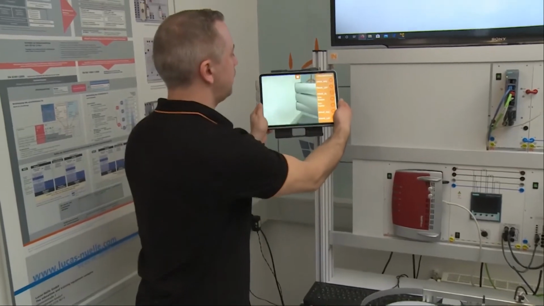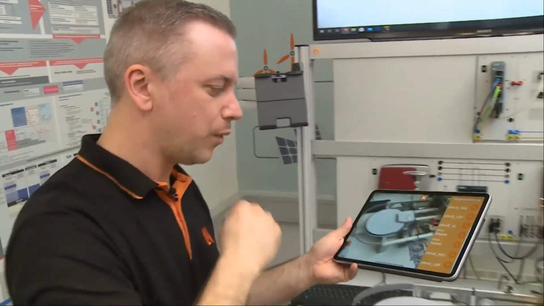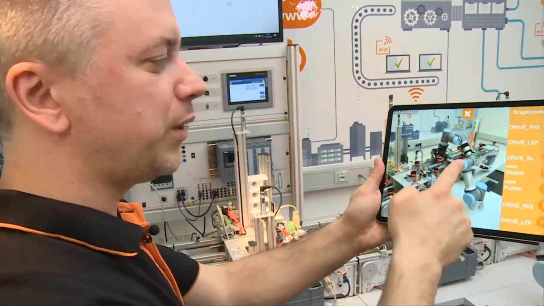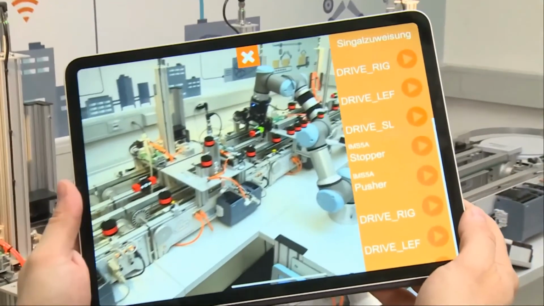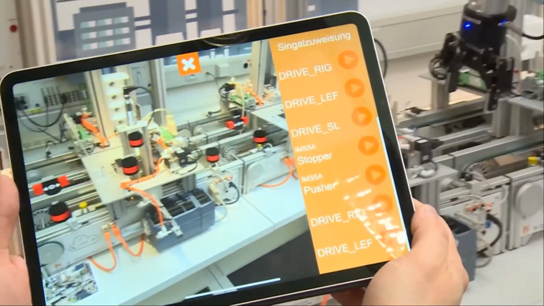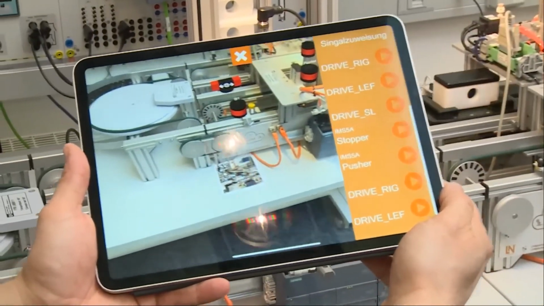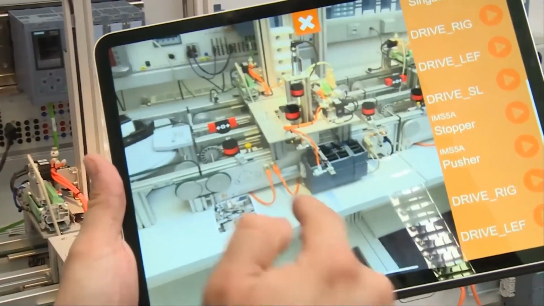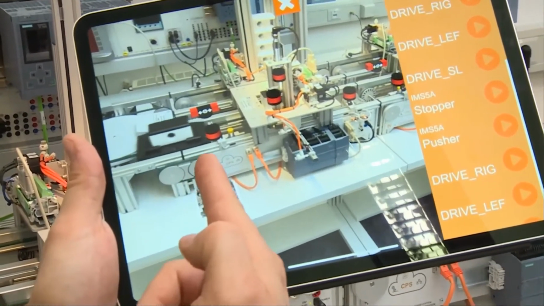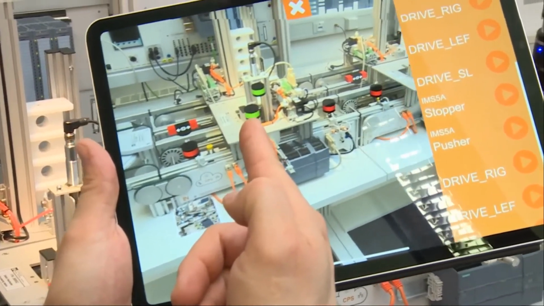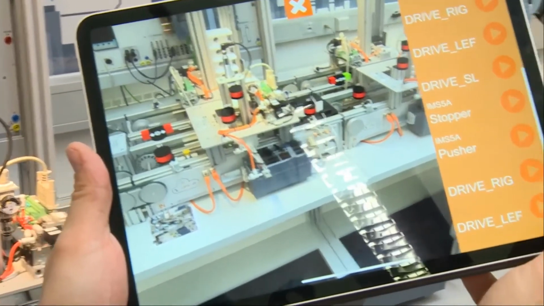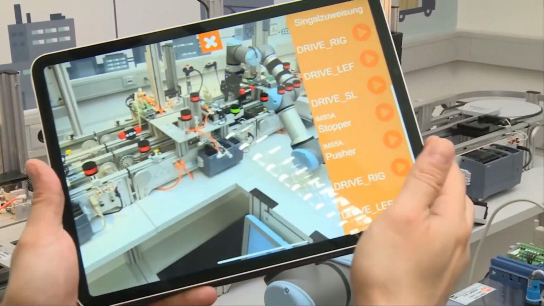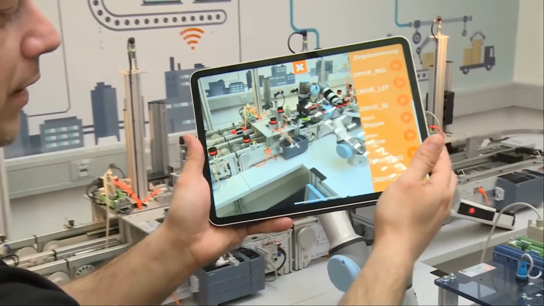Now I want to show our augmented reality, and here you can see our live data from the stations. When the carrier comes to this station, we can see live all the signals of the station, and also when the conveyor belt is running, we can see it here in augmented reality.